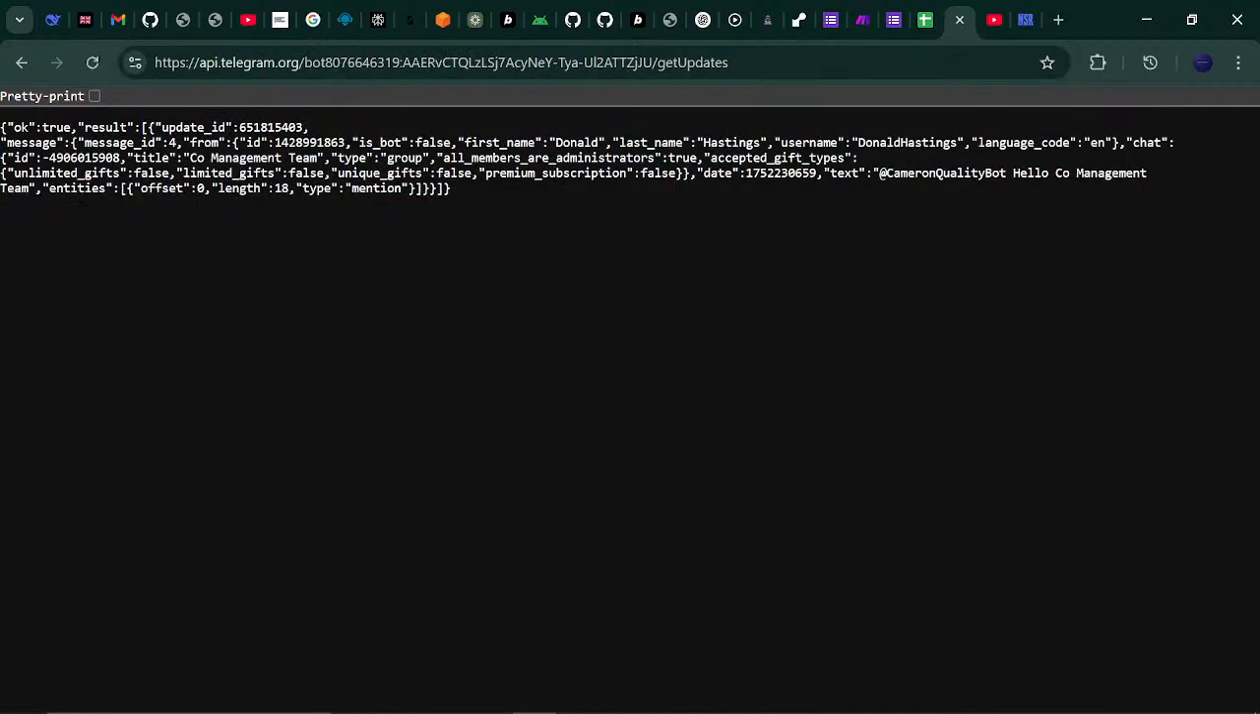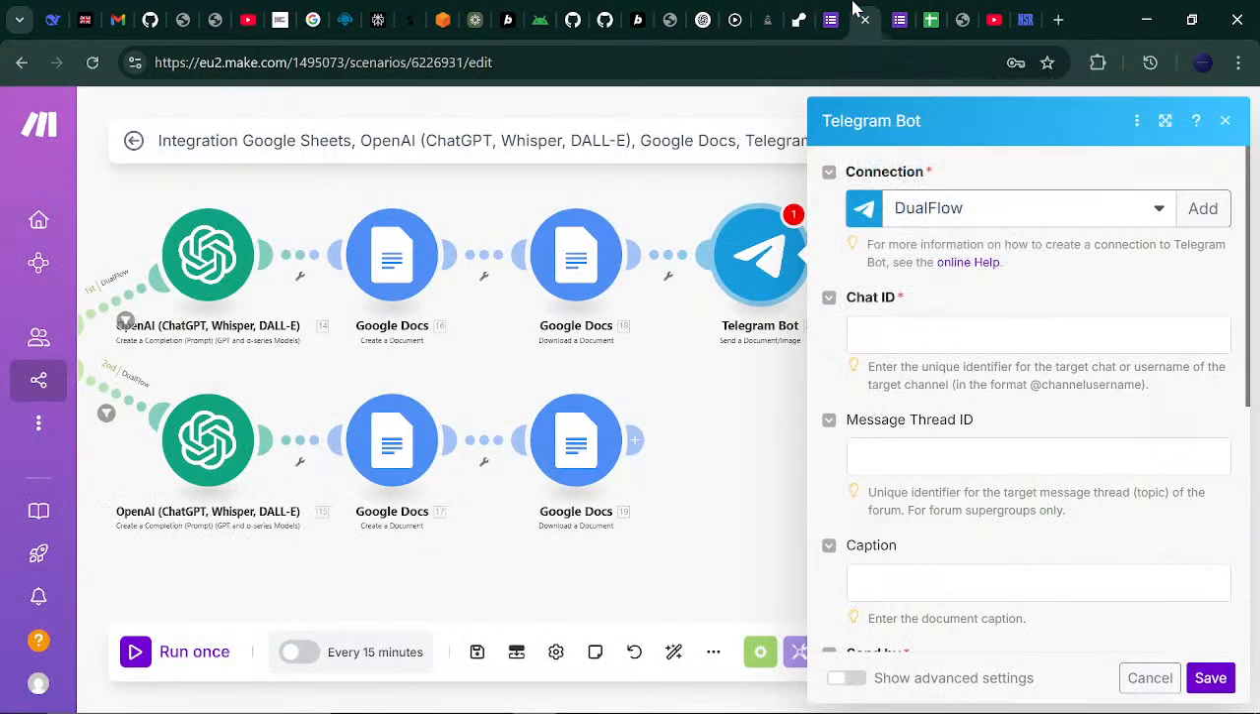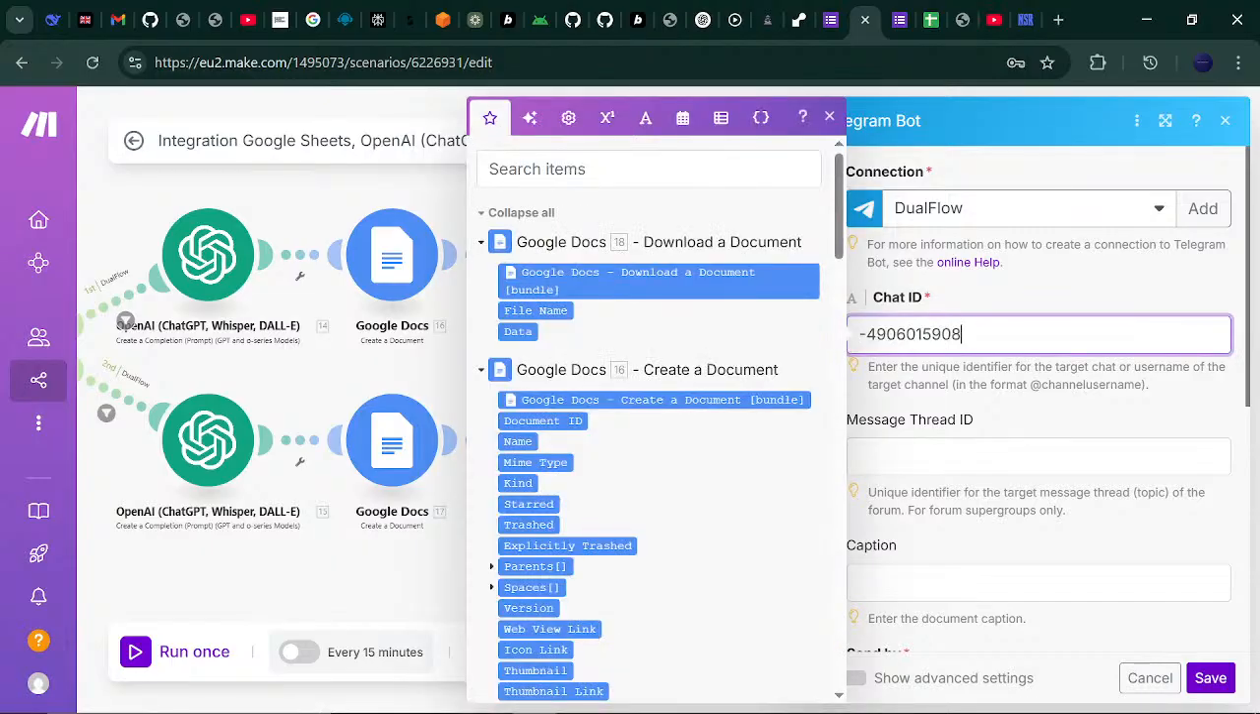So if I run that, you can see the message that I sent. You can see it's here, right? Hello, co-management team. Now I need the chat ID, so I can check these results, look for where chat is, and then get the ID. Oh, it's right here. So I'll copy that, paste that there,